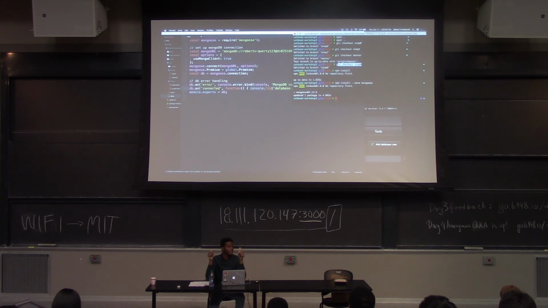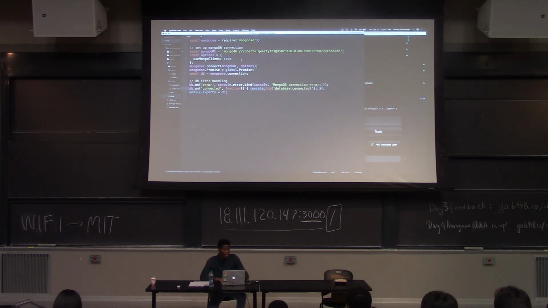Is everybody good? Thumbs up? Yes, question? It's still getting like npm command. Clone it again. All right, so now that we have entered our database URL right here, if we